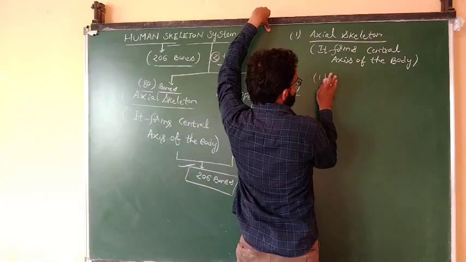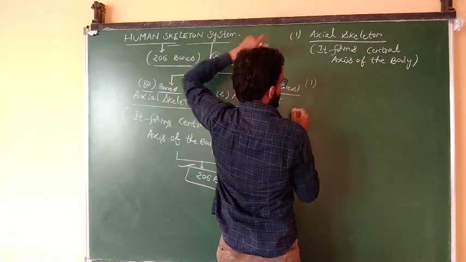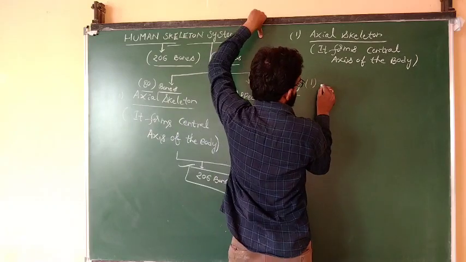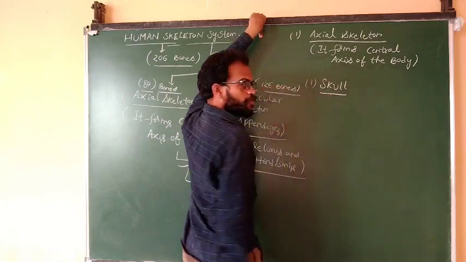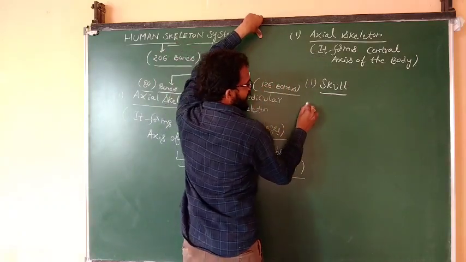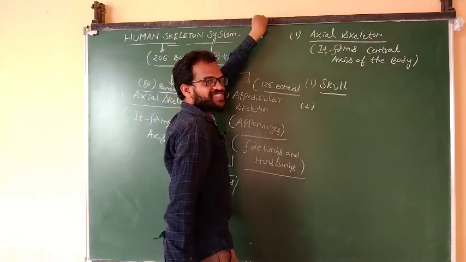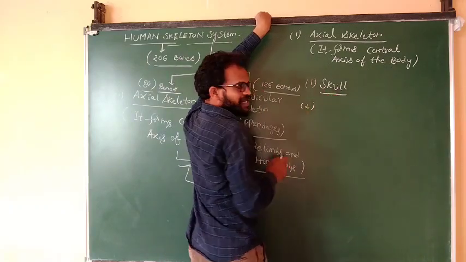What is the first axial skeleton? Skull. The skull is the first one. The second important axial skeleton is